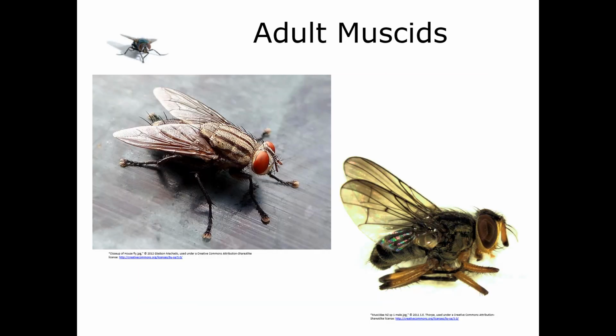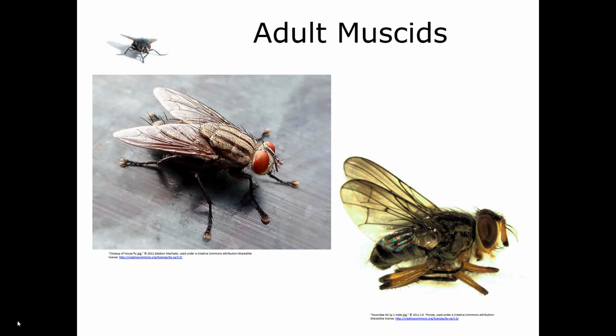The adults are 4 to 12 millimeters long, so they're a little smaller than the sarcs. Their wings are longer than the abdomen, so that's probably the easiest thing to see. And they tend to be brownish gray to black, and oftentimes they will have vittae on their thoracic region. Okay, so they've got those dark vittae, and they will have these dark splotches on the abdomen. It's not tessellated like we see in Sarcophagidae, but it can be splotchy. Now, they tend to have 4 vittae on their thorax rather than 3 like we see in sarcs